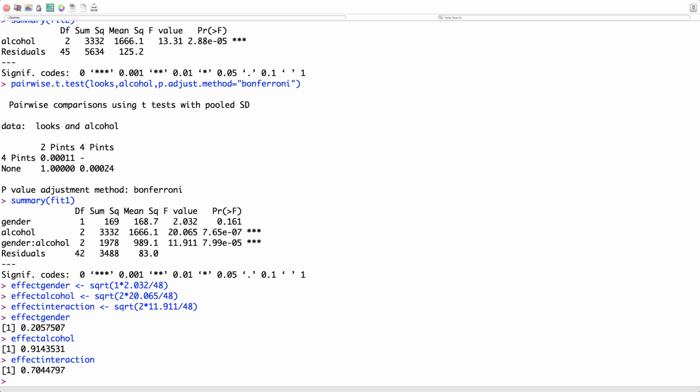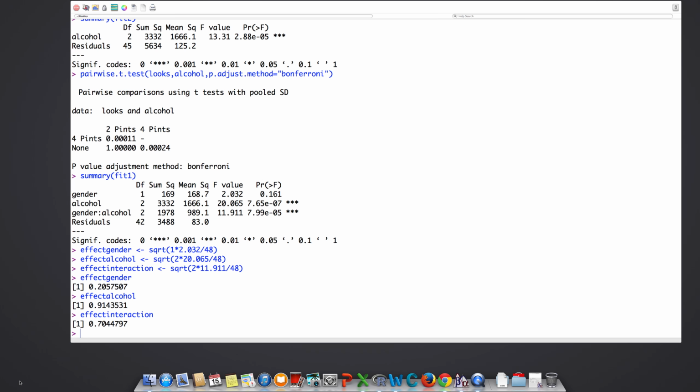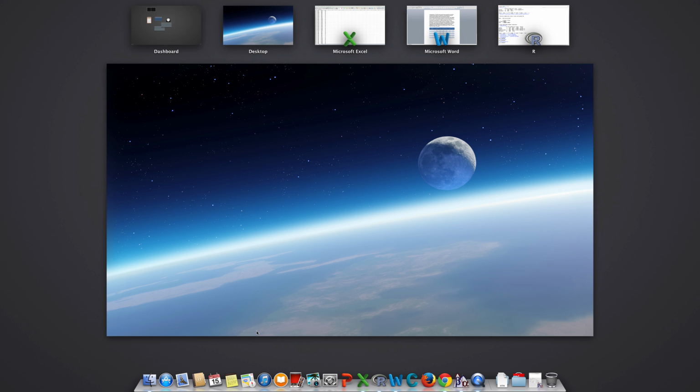So the effect size for gender is going to be equal to 0.206. And for alcohol, 0.914. And for the interaction is 0.704. What I'm going to do is go to G power, and I don't want to have to come back and forth. So let's go over and check the